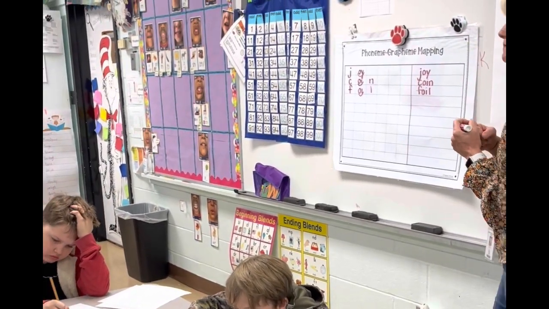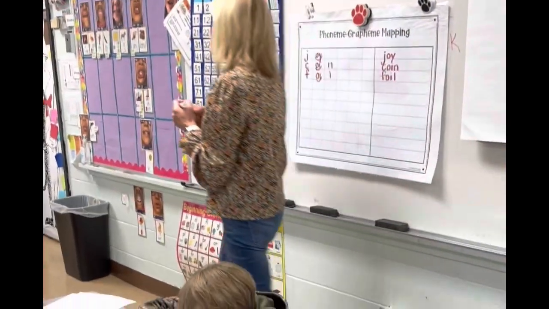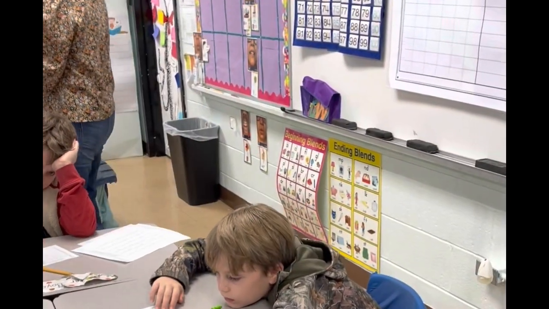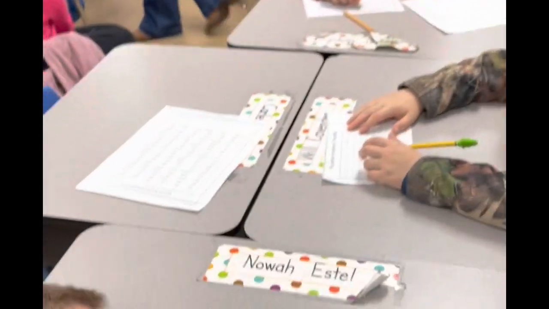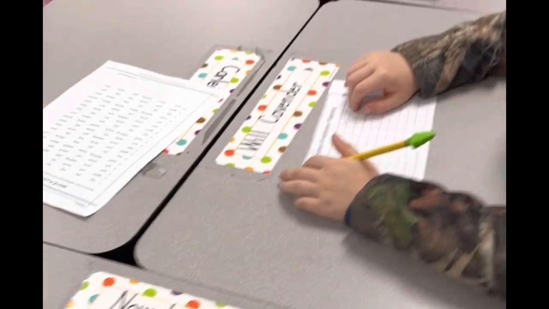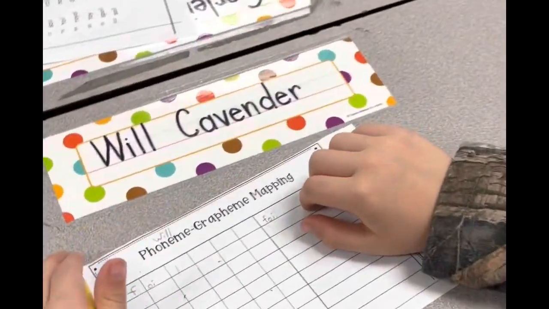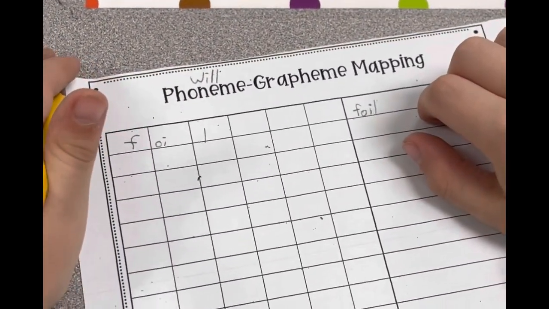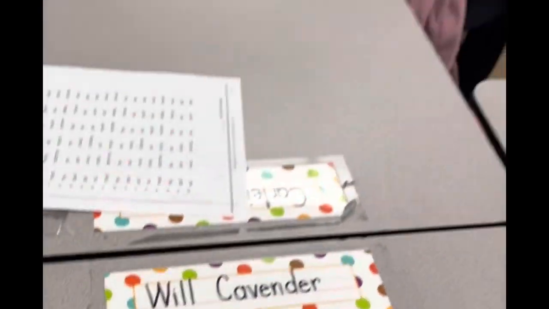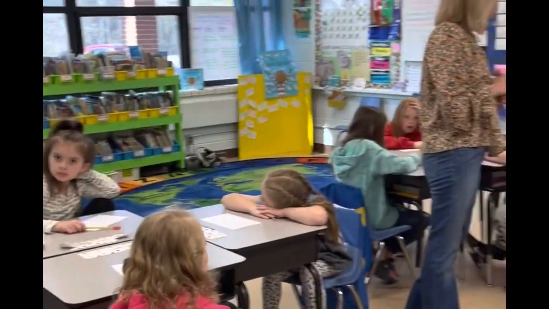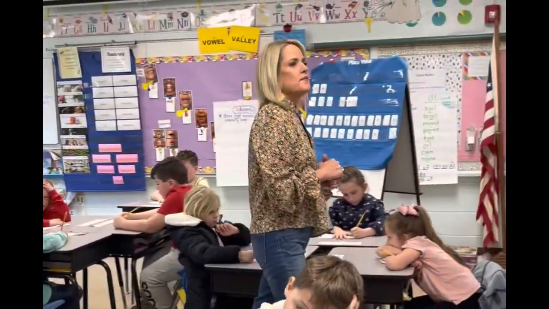Build it. Do we need to write joy and coin under it? I've already answered that question. You have foil on your sheet. You have foil on your sheet. No joy, coin. No joy, coin. I did ask you. Thank you very much. Foil. You have foil on your paper. Okay. All right. Now,